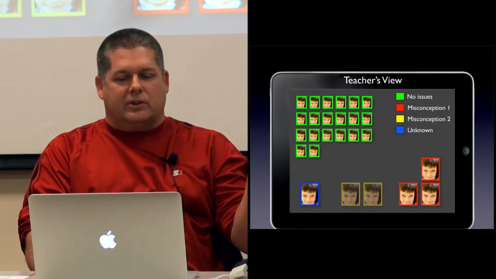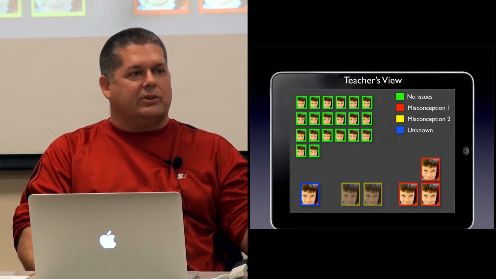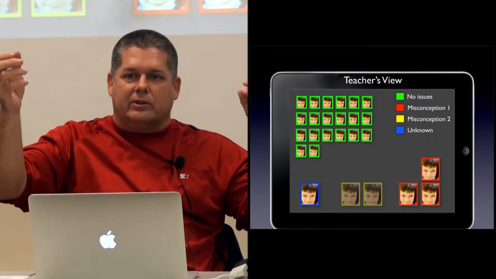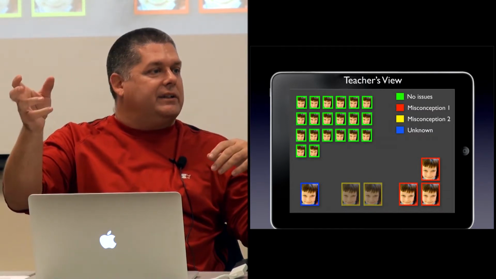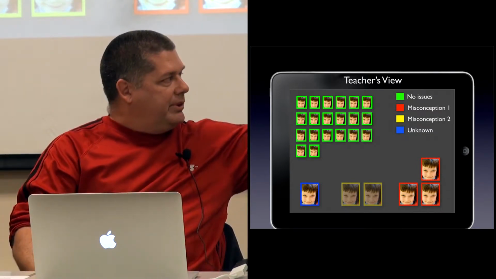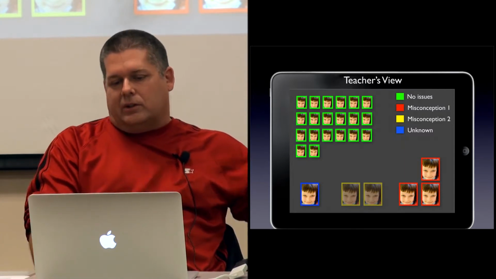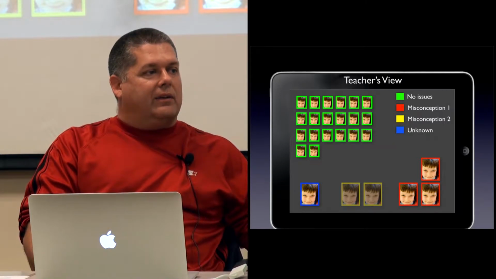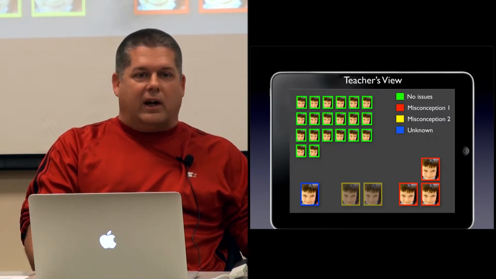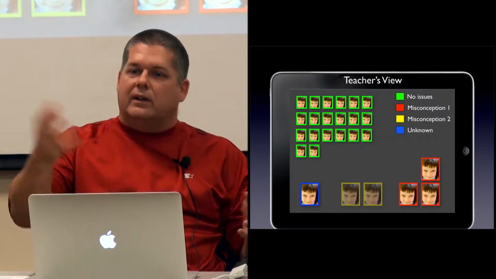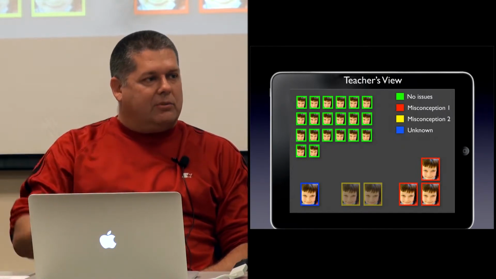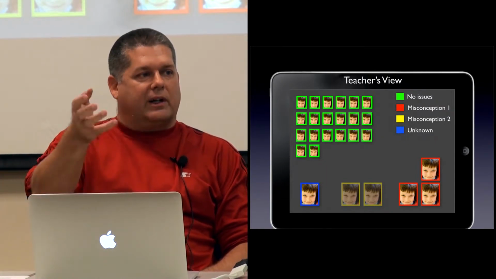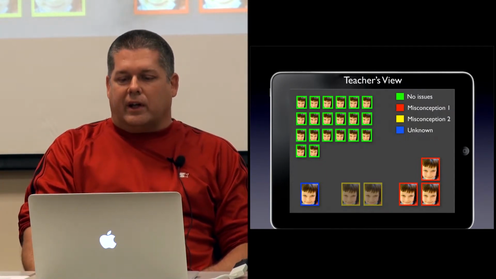But the software could recognize if certain students have the same misconception, and those icons would migrate over to one corner of the iPad and be highlighted in the same color. So for example, the ones highlighted in red, Jack and Susie and Fred, all have misconception number 1. The teacher could immediately, while walking around, say, Jack and Susie and Fred, come meet me in the back corner here and we'll talk about this. Instead of it being hit or miss if you're walking around and going to recognize this